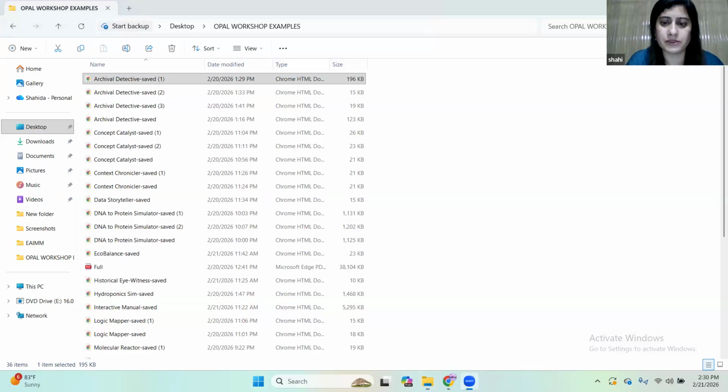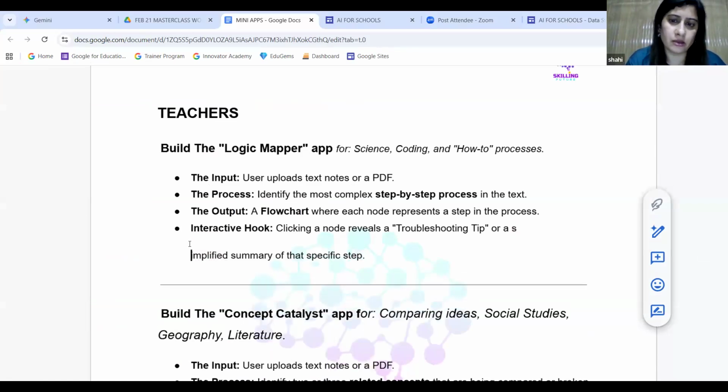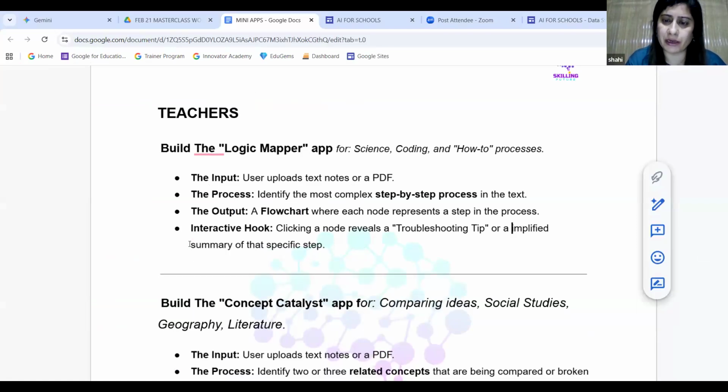Before that, I would like to show you some of the prompts or blueprints. It is different from the normal agentic gem creation or a chat gem creation. You don't need to add so many things in the prompt. You have to be very, very specific when you are creating the gem.